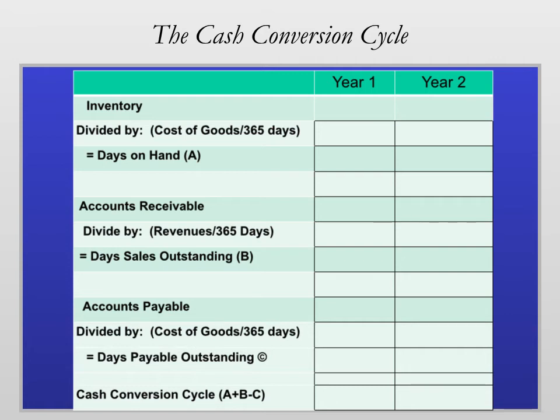Now, the third component of cash conversion cycle is what we call days payable outstanding. What this is, it tells us on average how long a company like Symantec is taking to pay their vendors or pay whoever they owe for accounts payable. Similar to the days on hand, you take the inventory and divide it by the daily cost of goods sold. And what this gives you is a sense of, on average, how many days it is taking to pay